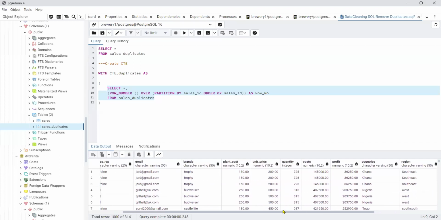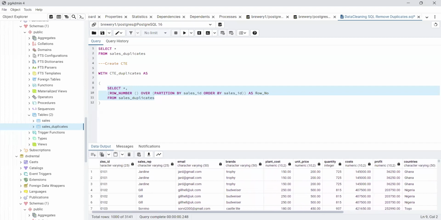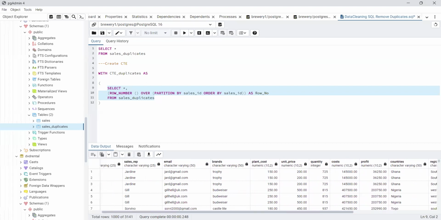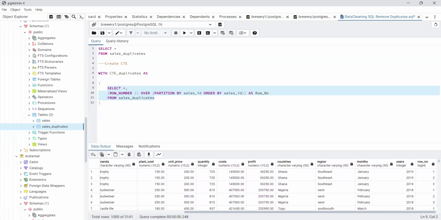And we have also used the sales ID to partition the row numbering. Okay, so looking at this table, we can see repetition for the sales IDs, 10101 coming up 3 times, 10102 also coming up 3 times. Okay, so this means that our row number will appear 1, 2, 3, 1, 2, 3 for each of the sales IDs. Okay, so what we need is just one